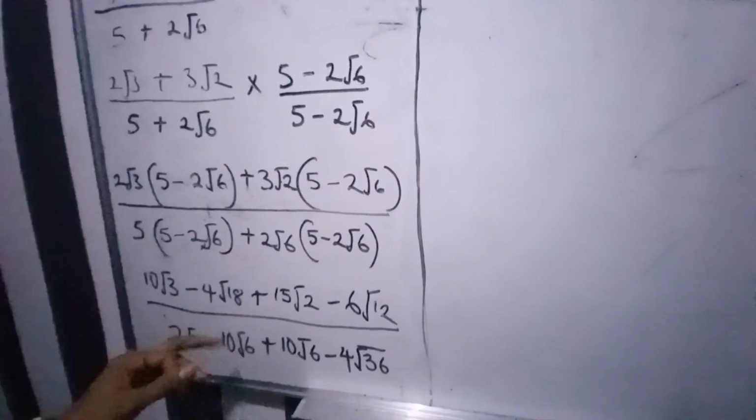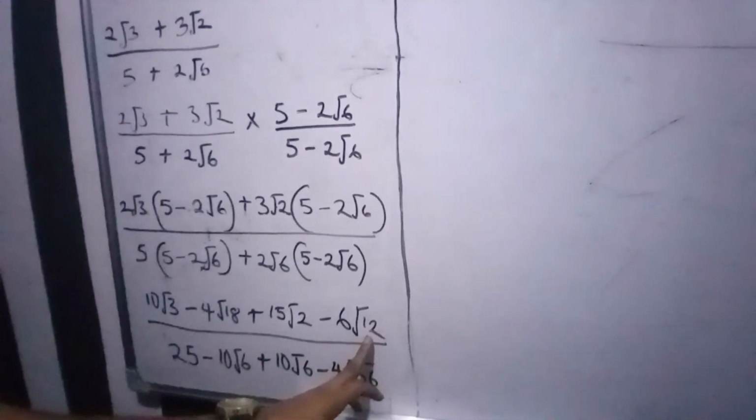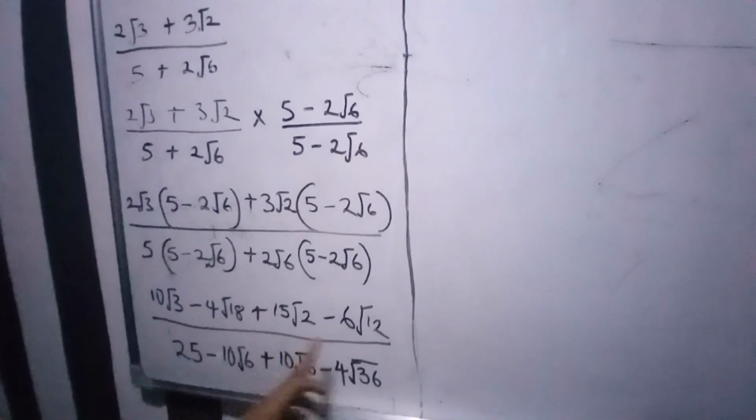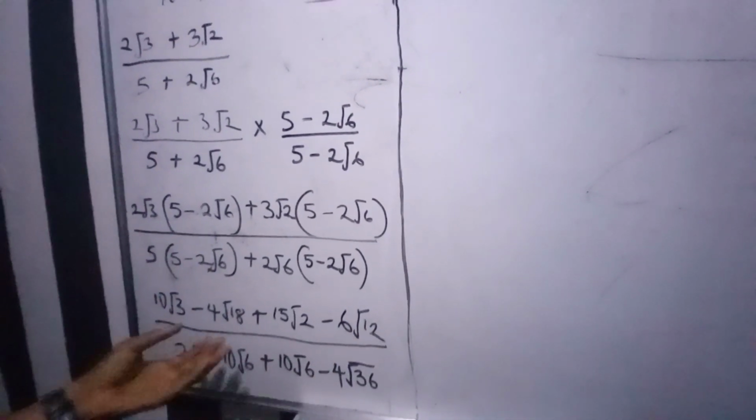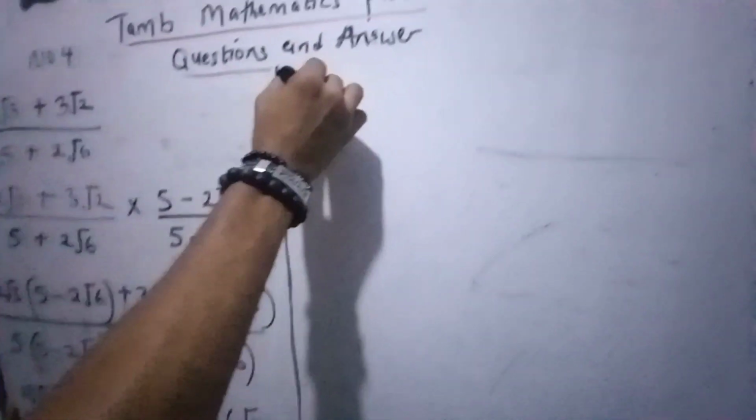A perfect number. 18 is a perfect number, so we can bring it down. 12 also has a perfect number. 18 has a perfect number. 12 also has a perfect number. So what we're going to do, we're going to break them down by saying that 10 sod 3